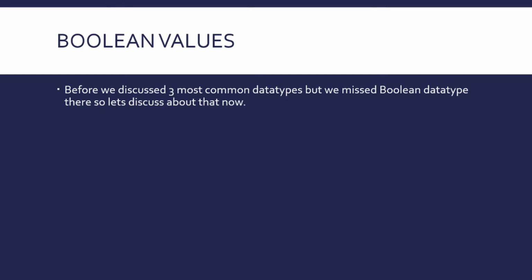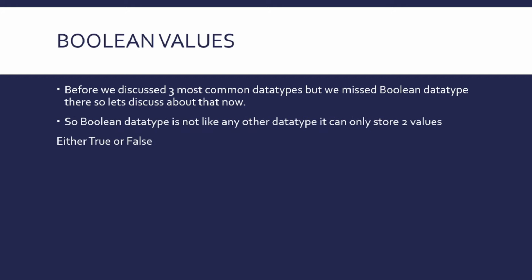Boolean data type is not like other types of data. Like integer, in integer we can store any number of values, whether negative or positive. All the values must be whole numbers. The values cannot be decimals. But in case of Boolean data type, we can store only two types of values, either True or False.